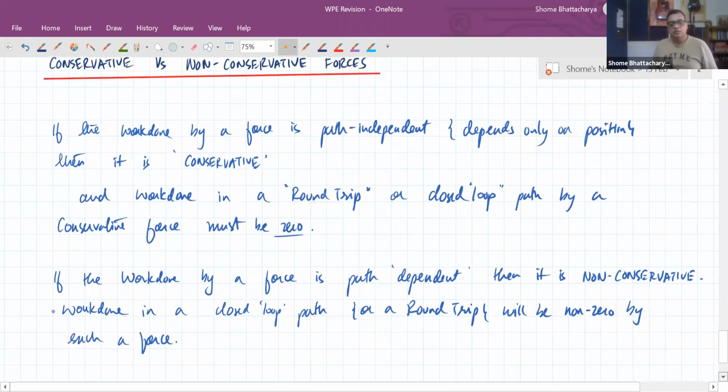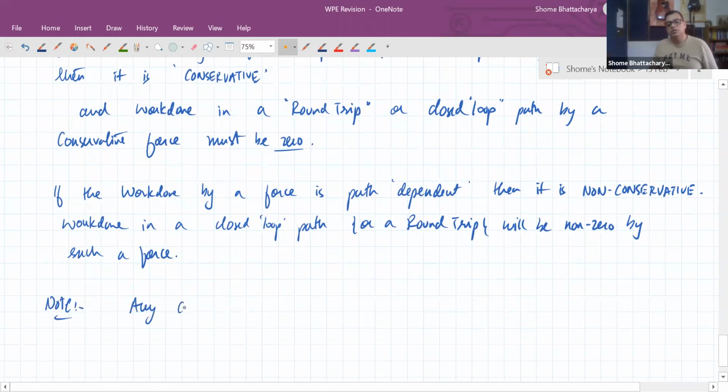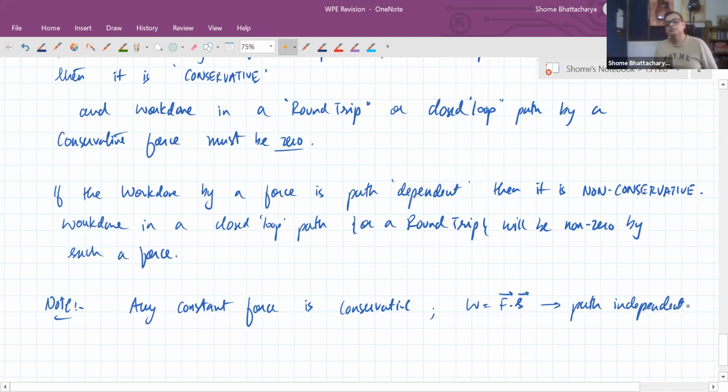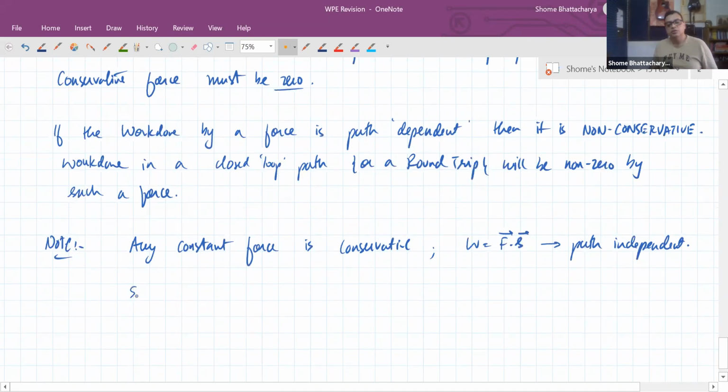So for example, any constant force is conservative. Because for a constant force, we saw that work done is F dot S. So by definition, this is path independent. Then another example is spring force. The restorative force by a spring is conservative,